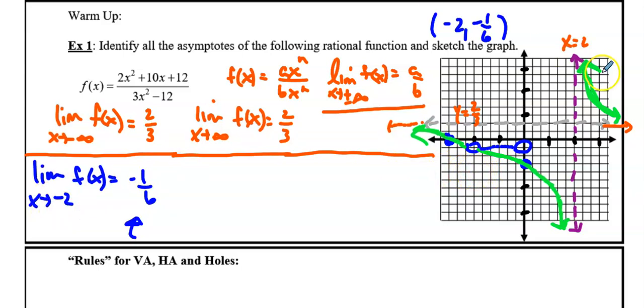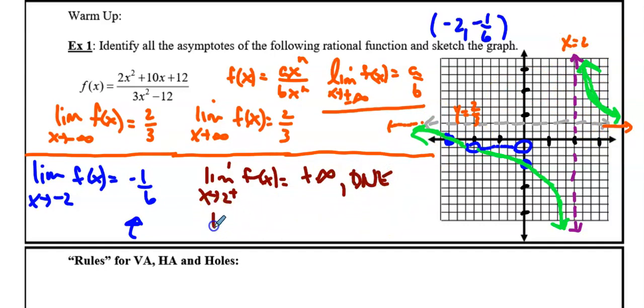And then our last little guy is the limit as x approaches 2, with a little superscript plus. That means that we're approaching 2 from the right. As you can see, as I'm following this graph, we're going towards 2 on the right, we're following the graph, and that's going to take us to positive infinity. We can also say it does not exist, because both of those are legit answers. And the limit as x approaches 2 from the left of f of x, well, that's going to give us